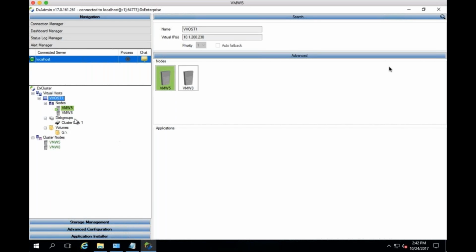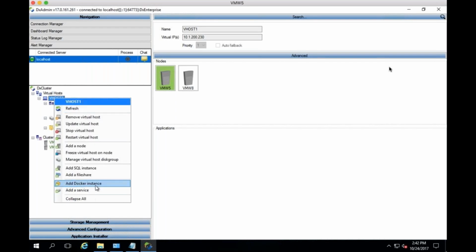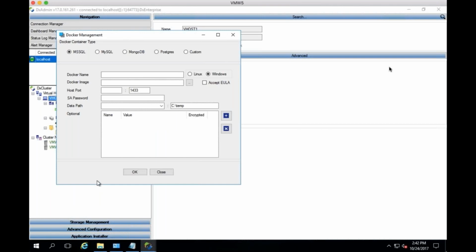Okay, so now we are free to go ahead and add a Docker container. At this point, we can add any container that we want. So this is not restricted to Microsoft SQL Server. All that we need to do in advance is pull down the same container image on both of these nodes. We have presets already here for the SQL Server container. We also have presets for the MySQL container, Mongo, as well as Postgres. And finally, you can do this for any custom container. You can add any container you really want, as long as, again, that image is on both nodes. But for this demo, we'll just do the Microsoft SQL Server